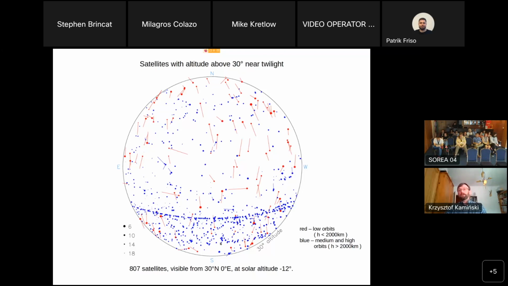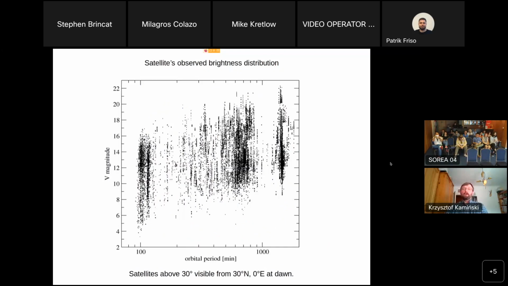And even though they are not dominant on the sky, they move very fast. So the probability of affecting an image is actually quite high. When looking at the brightness distribution of satellites, of known satellites cataloged, those for which we have some data,